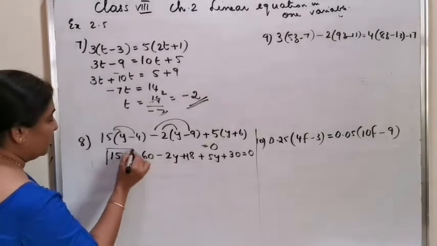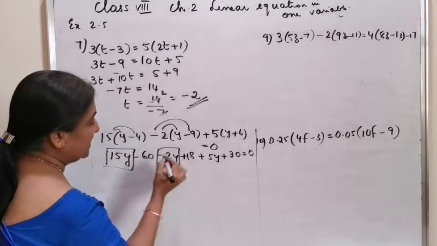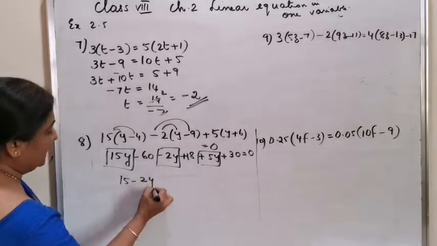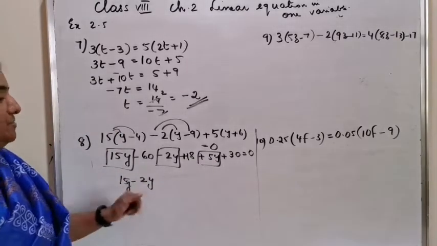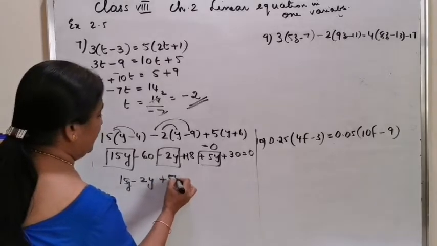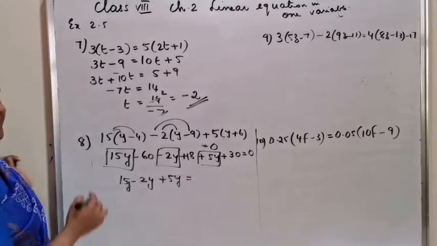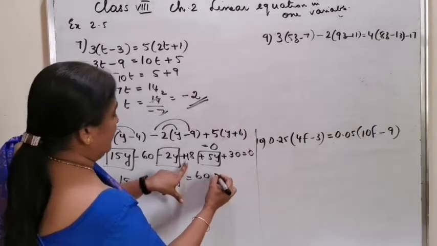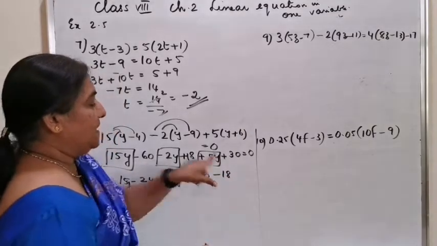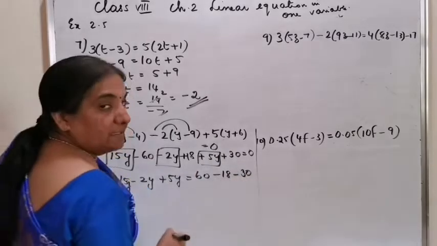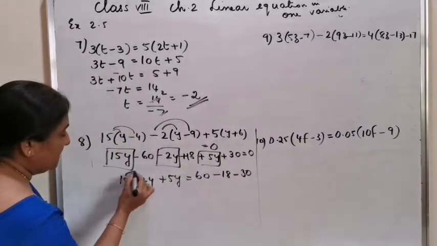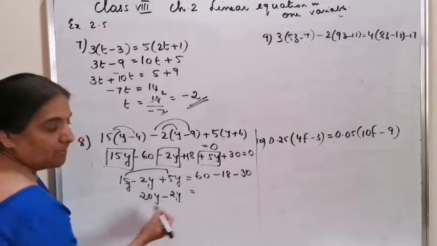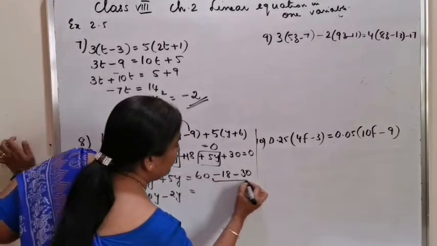All the terms with y on one side with the sign: 15y minus 2y plus 5y is equal to, the numbers will be transposed, minus 60 as positive 60, plus 18 as minus 18, plus 30 as minus 30. Now, 15 plus 5 is 20y minus 2y is equal to, here also, first add the